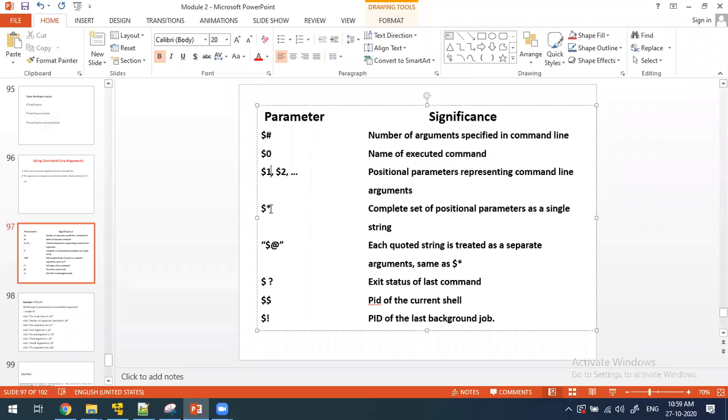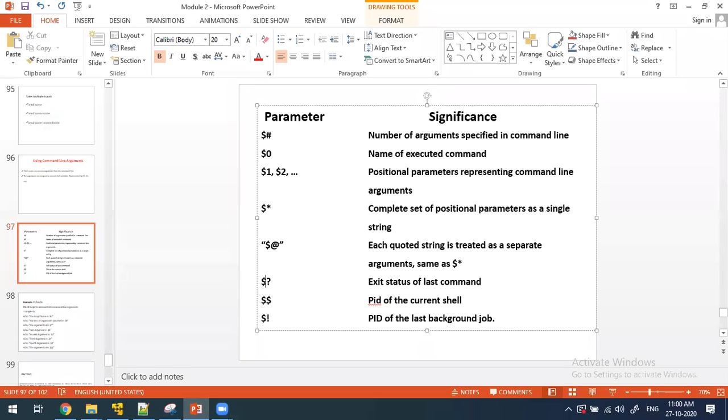In the same way, the star marker: if you want to see all the inputs in a single command, you have to use $*. If there are quotes in between, those will be treated as separate arguments with $@, or else it will be the same as the previous one, $*. $? will give you the exit status of the last command.